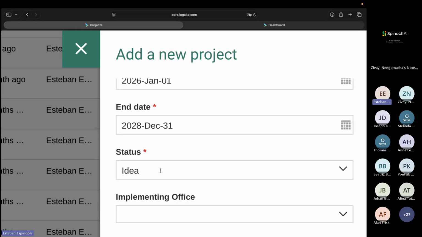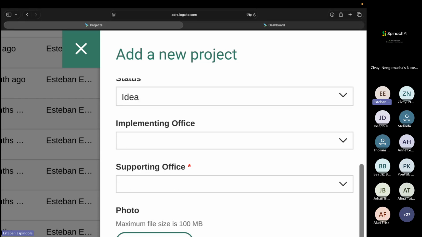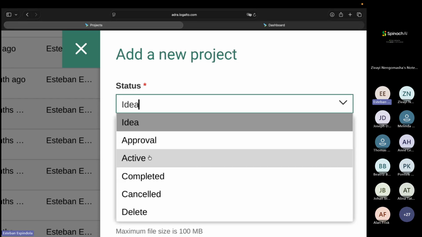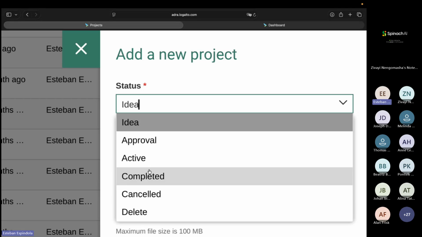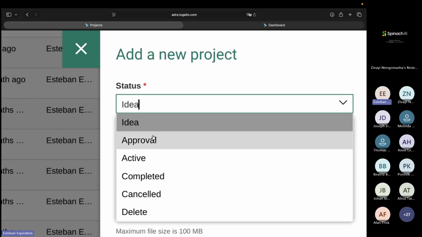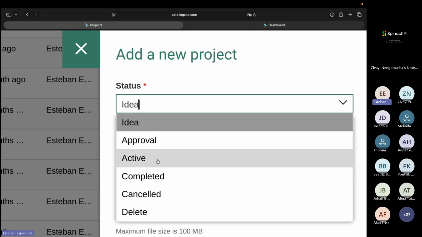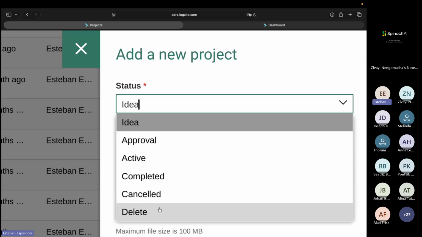how do you define if your project is actually going to be shown in the dashboard or not? So you have this field that says status. If my project is active or completed, my project will appear in the dashboard. If my project is not active or completed, meaning my project is set as an idea, my project is in approval phase, or my project is canceled or deleted, it will not appear. So